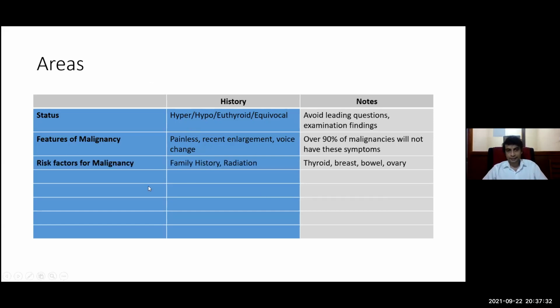Again, like someone said, risk factors for malignancy. If there's a family history, not only of thyroid cancer, but breast, bowel, ovarian cancer, all that, you can sometimes have associated thyroid malignancy. And radiation is also a risk factor. Some people have risk factors for benign goiters. Family history is important. Sometimes there is iodine deficiency, so you will need to ask about whether they used iodized